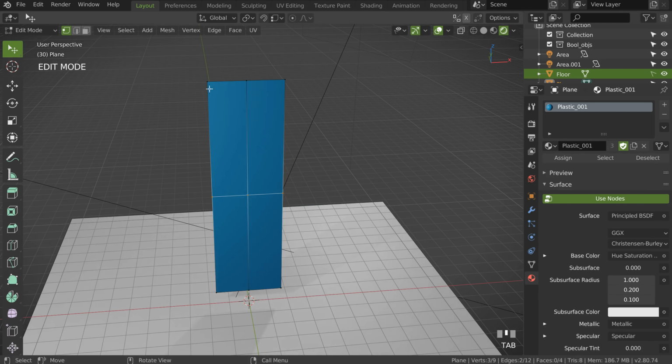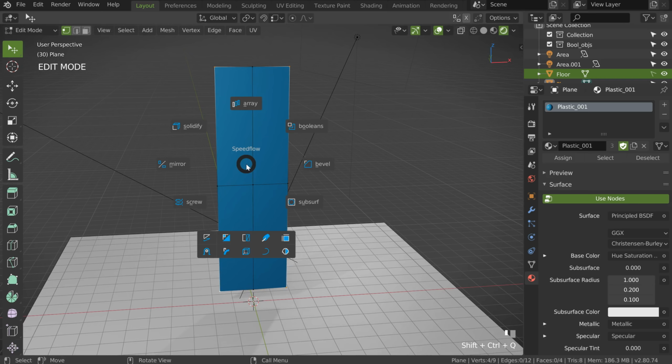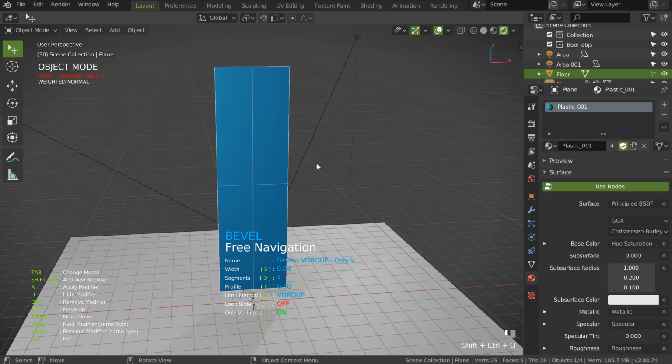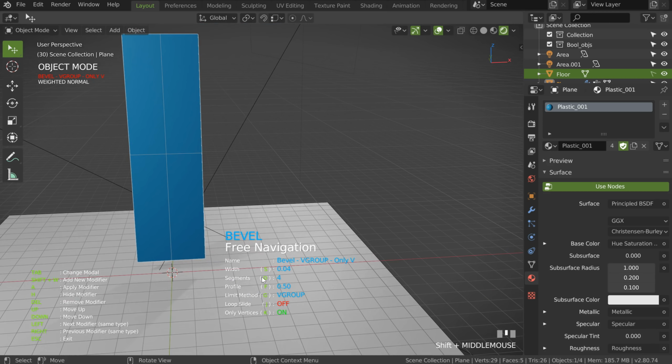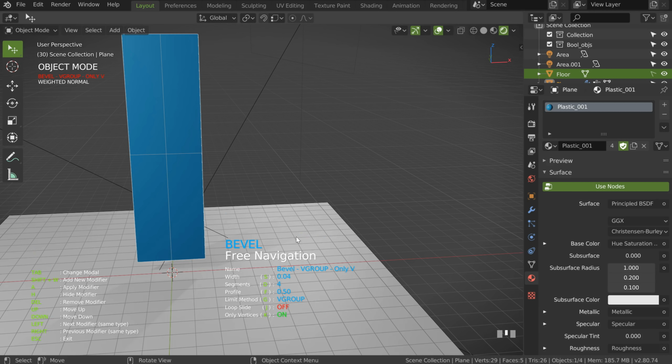And what I will do is to select the corner in vertex mode. Select this one, select this one, select this one. I will call SpeedFlow, and I will use the bevel. So as you can see, in SpeedFlow I am in the beginner mode. That means there is not all the options. If I press Shift H, I will have the normal mode, like that. If you prefer the beginner mode, use the beginner mode. If you don't want this, you can press Ctrl H, just like that.